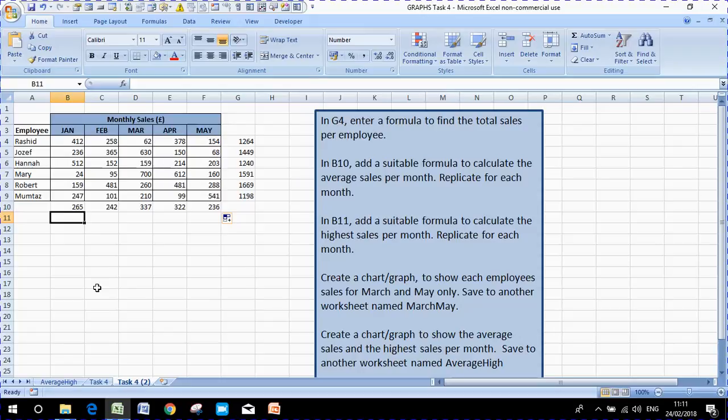So we're going to use the max function, because max finds the highest number in a range. So if we select equals max and then select the range, a quick glance at this does show that we can see 512 would probably be the highest in this very short range. So we're looking for 512 to come into the box, and it has. So 512 is the highest sales for that month. So again we replicate that by dragging it across,